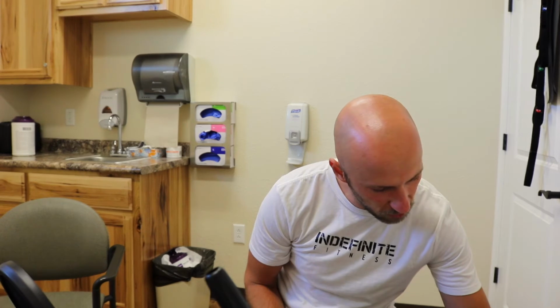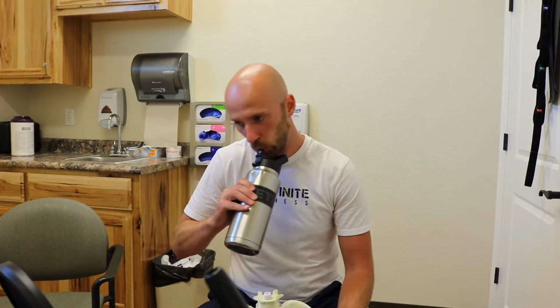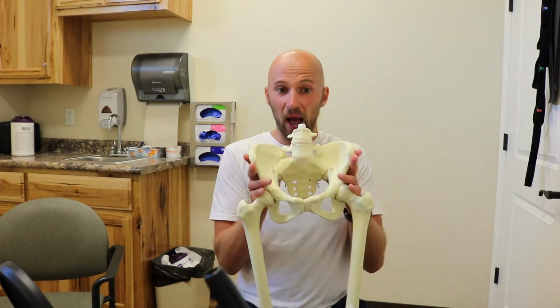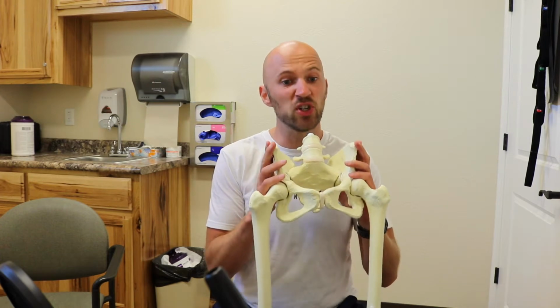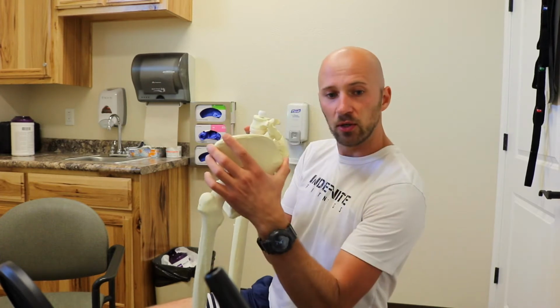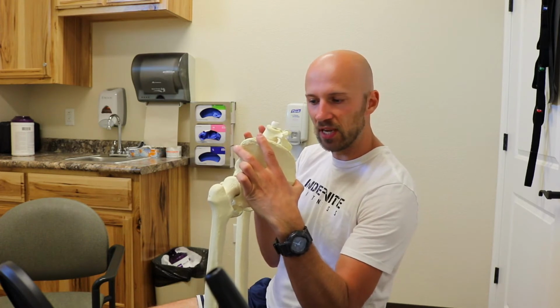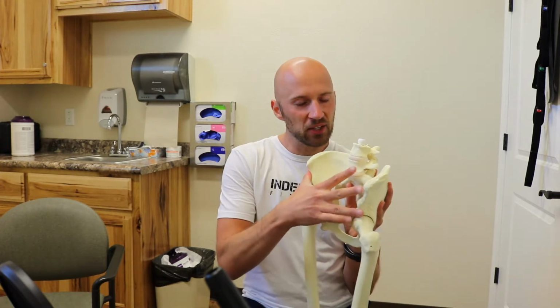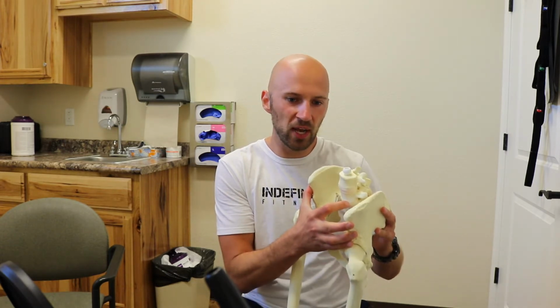If you look into some of the research, and I'll try to link some stuff in the show notes, the SI joint does not have much movement. Millimeters we're talking, and it possibly fuses later in life. So the SI mechanics would dictate that if I get a posterior rotation of the innominate, which is associated with a wide infrapubic angle, so to widen the angle, I'm going to dip the innominate posteriorly, that's associated with a nutation of the sacrum. Now here's the tricky part. As the sacrum nutates, and let's say I get an increase in lumbar lordosis, which is typically associated with sacral nutation,